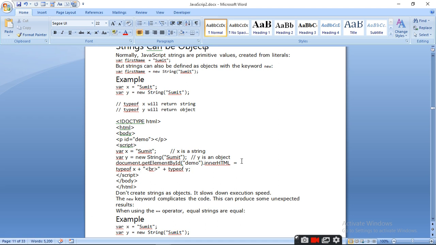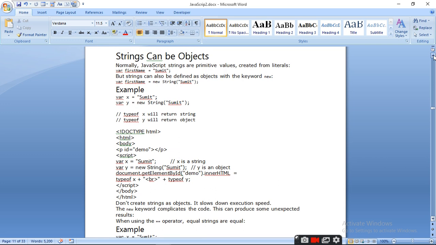And how can we create the object? For object creation, you have to write the new keyword before the string, so it will become an object. y equals new String Sumit. Here Sumit is a string and you want to convert it into an object. For that you have to write y equals new String Sumit.